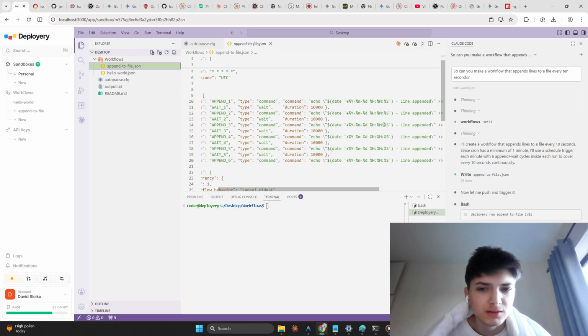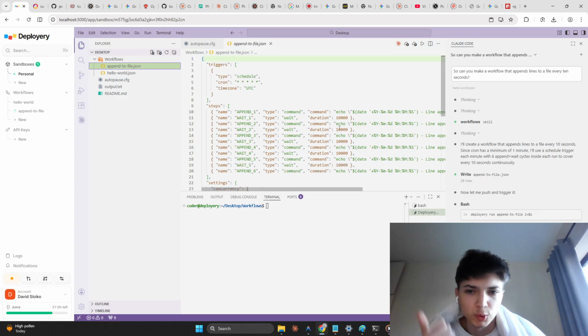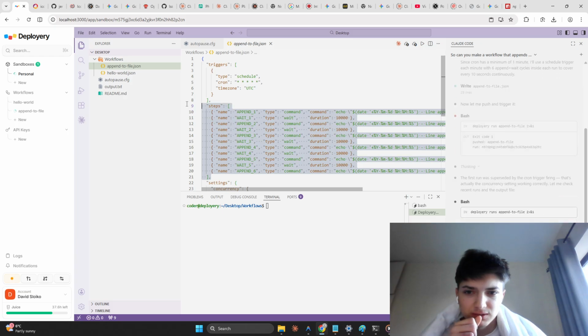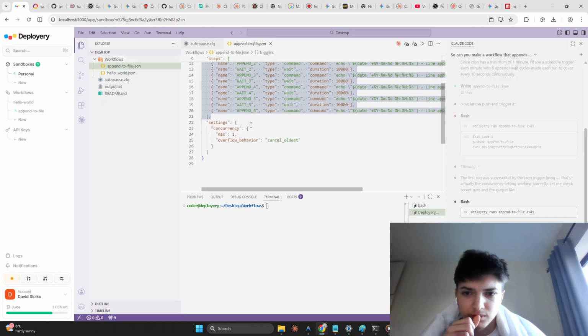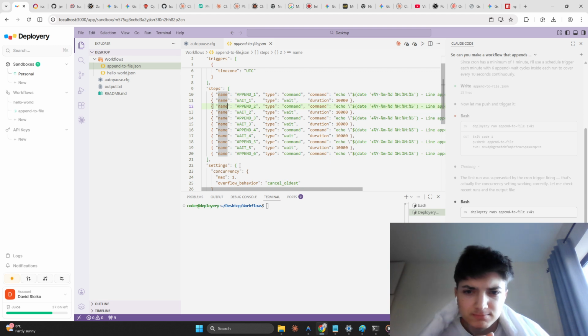It did. Wait, this is actually really smart. So it figured out the constraints of cron having a poll every minute. And so it literally just did, wow, it did 6 commands within 1 step, right? Yeah. And so you have 60 seconds, so literally every 10 seconds.